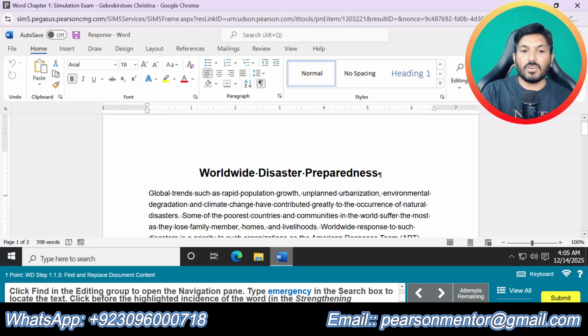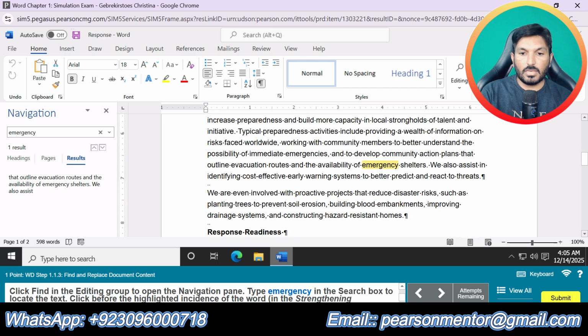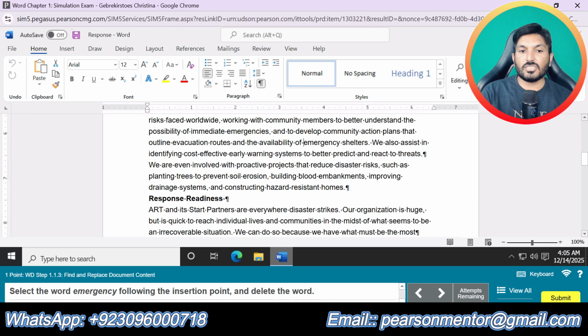So now it is saying click find in the editing group here. Then we are supposed to find emergency here. Click before the highlighted instance of the word. Then we are supposed to close this navigation pane.